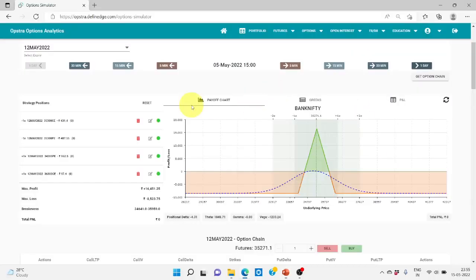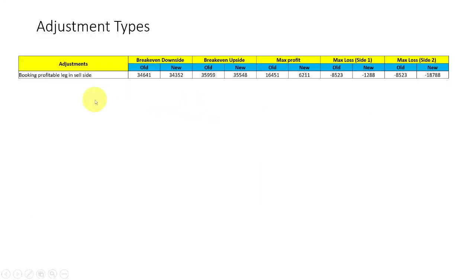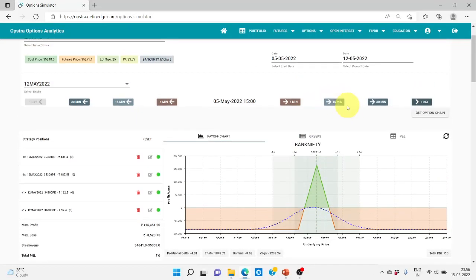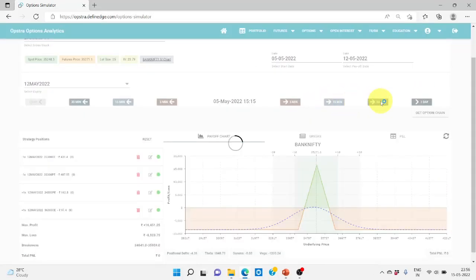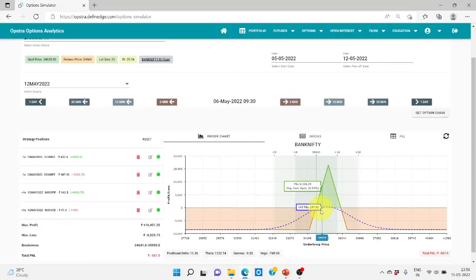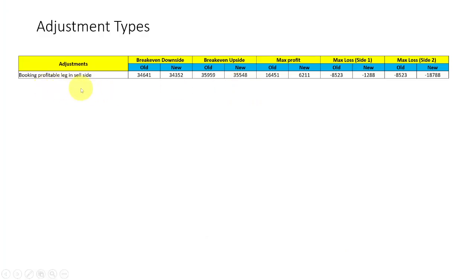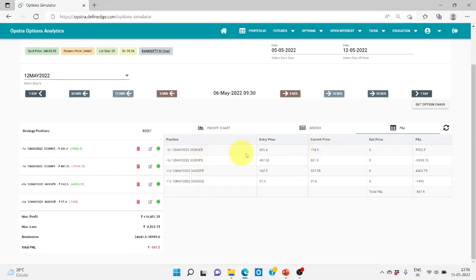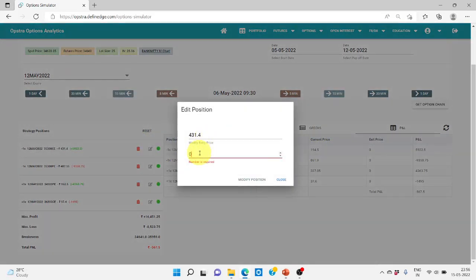Now let's see our adjustment. What would be our first adjustment? The first adjustment is booking profitable leg in sell side. So this is after a break even is breached. In this example I have taken, because the next day morning at 9:30 the break even is getting breached, so we are going to make the adjustment the very next day. So the first adjustment is, as I told, booking profitable leg in sell side. On the sell side we are getting profit from the call side, so we are going to book this profit on the call side,